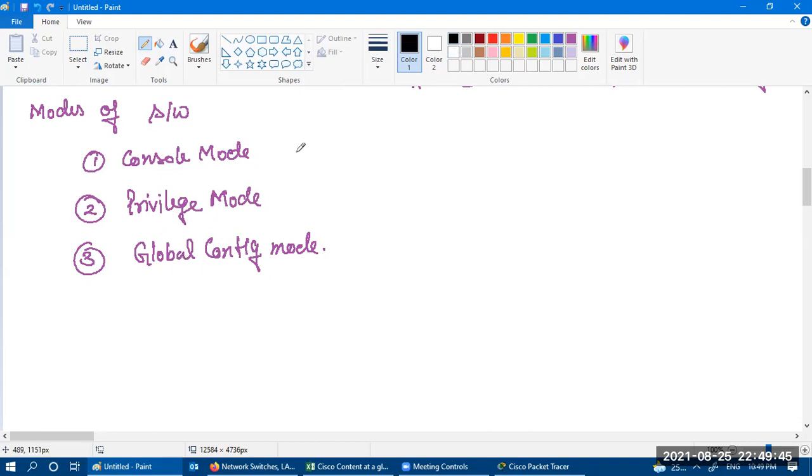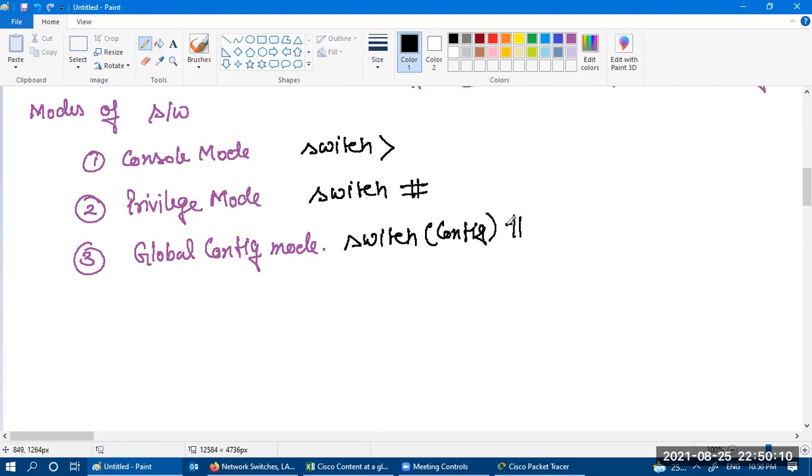If you talk about console mode, it will look like this: the switch name with a greater than sign. Then in privilege, we have the switch with hash. And in global configuration mode, we have switch with config in brackets, config hash.